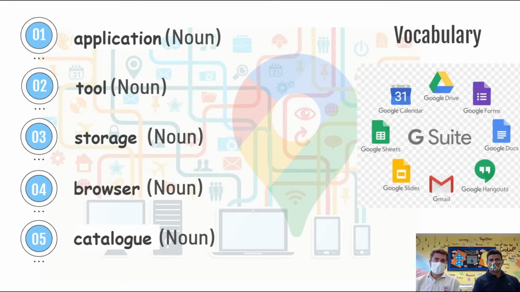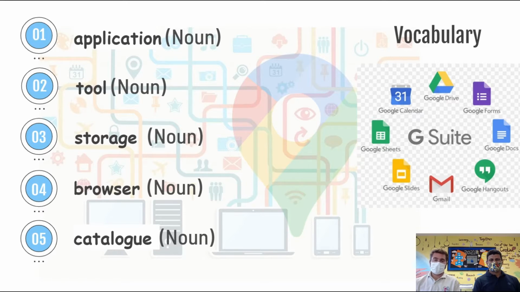Okay, the vocabulary. Number one, application. The application, that's all what you see here on the right. So Google has many applications, also like for the phone, as we call them now, apps. The second word is tool. A tool is like an instrument you use to perform certain tasks. Inside the app, Google gives you many tools. In Gmail, it gives you a tool to attach pictures and a tool to attach files. Google Drive has tools to upload and download files very easily. So tools are small programs within the application.